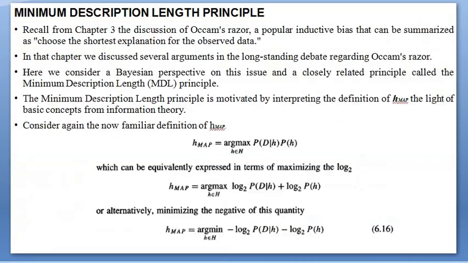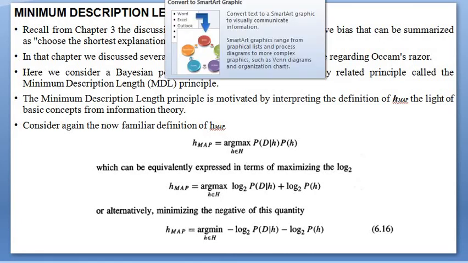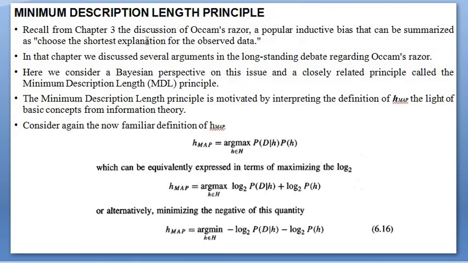So let us see the next concept that is very important from your exam point of view, called the MDL principle, that is the minimum description length principle. We know that in module number 2, we discussed the ID3 algorithm, which is used to generate the decision tree. And there is one rule called Occam's razor's rule, which I have explained in my video. If you go through my video, you will come to know about this rule, where Occam's razor rule always states about the shorter one.